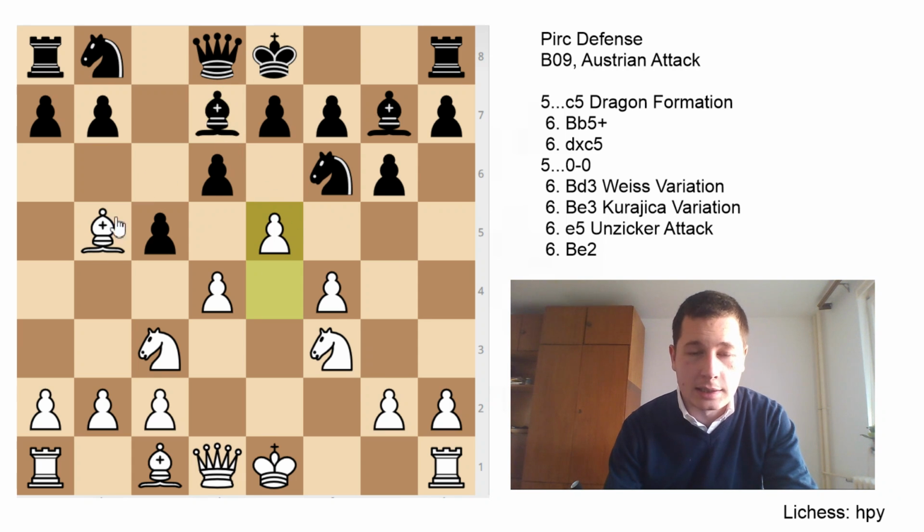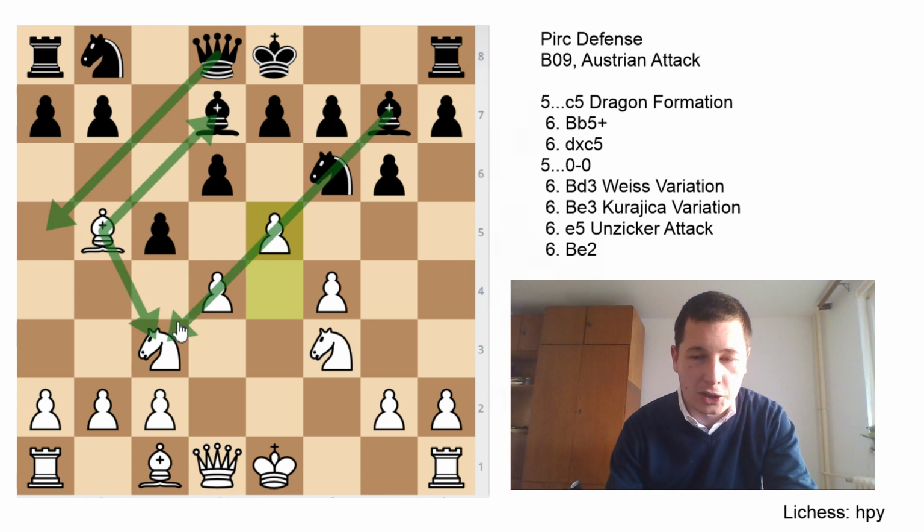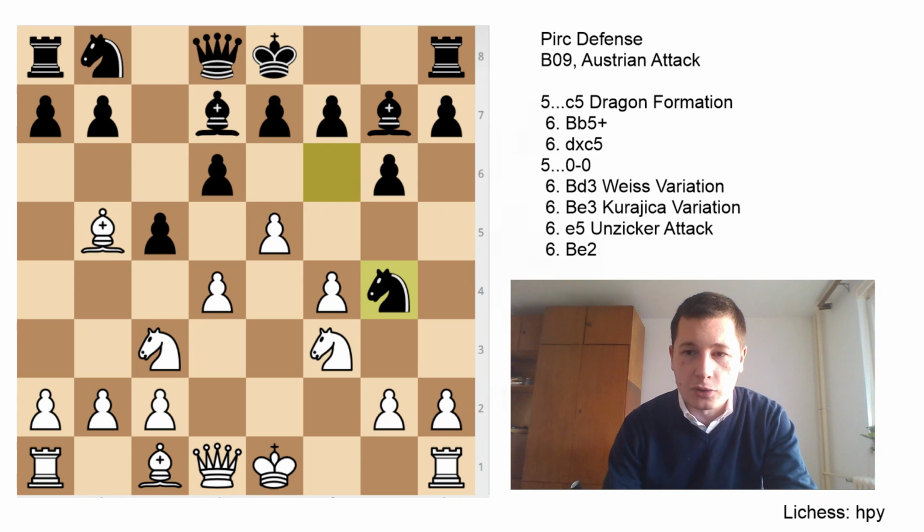And what this does is that now if you ever take, there's no queen to a5 check, because the knight can simply return to c3 and there are no problems with the bishop. So the move e5 is much more principled. Here black continues with bishop to g4, and now e6. And here